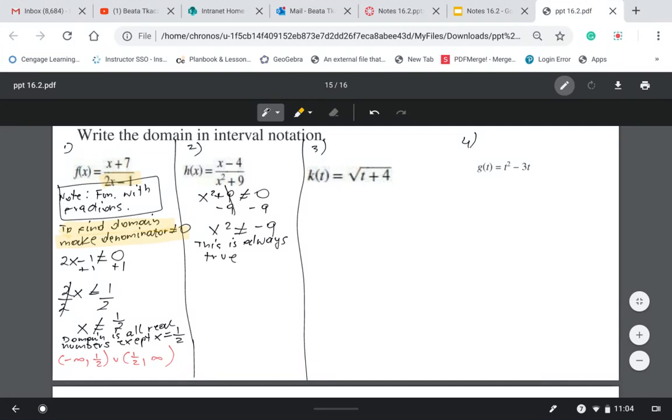Any number brought to a second power will never be equal to negative 9, because a positive number squared is positive and a negative number squared is positive too. So when you solve something and it is always true,